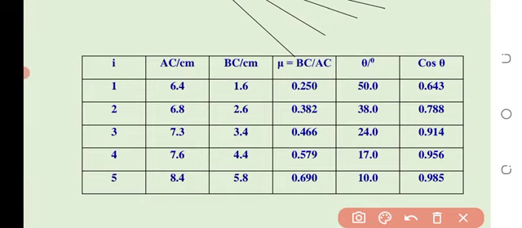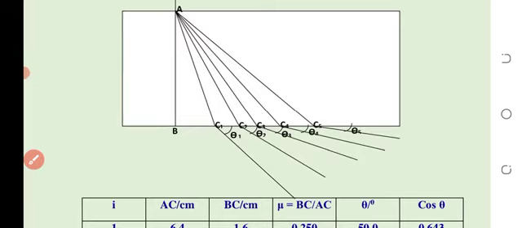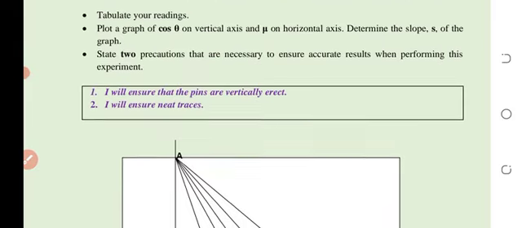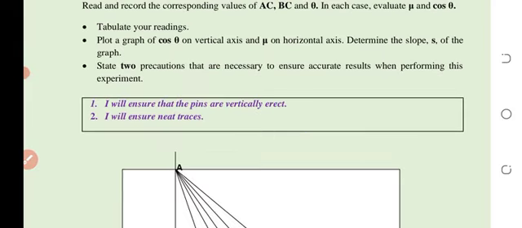Okay, now one other thing that I would like to talk about is the precaution of alternative to practical. It's a bit different from the precaution of our real practical. For example, in this particular one, you are to state 2 precautions that are necessary to ensure accurate result when performing this experiment. That is, when you'll be performing this experiment, or if you are asked to perform this experiment, what are the precautions? So you can see the statement here: I will ensure